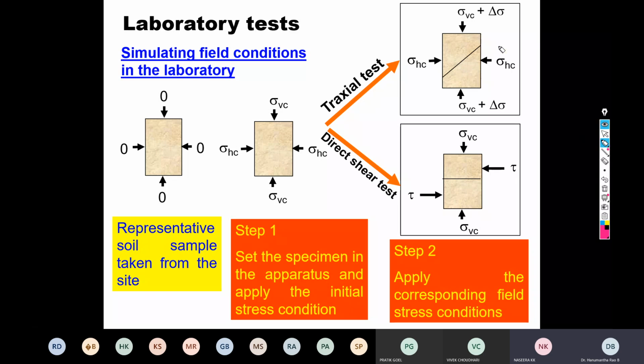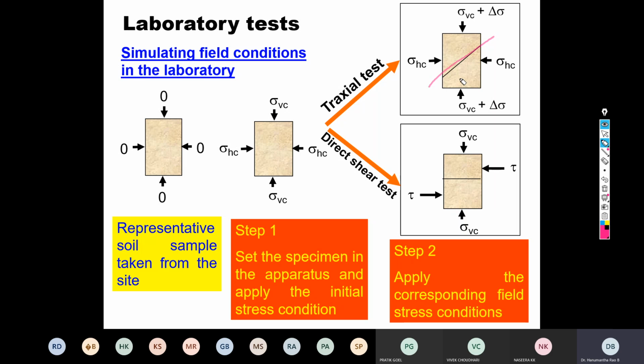So the first condition is when you try to increase the delta sigma, you can make delta sigma equivalent to the footing load. Alternatively, without bothering about the footing load, you can increase the delta sigma until the soil sample fails. Later, the information that we got from the triaxial testing can be inferred for determining the c and phi values, cohesion and angle of internal friction values.